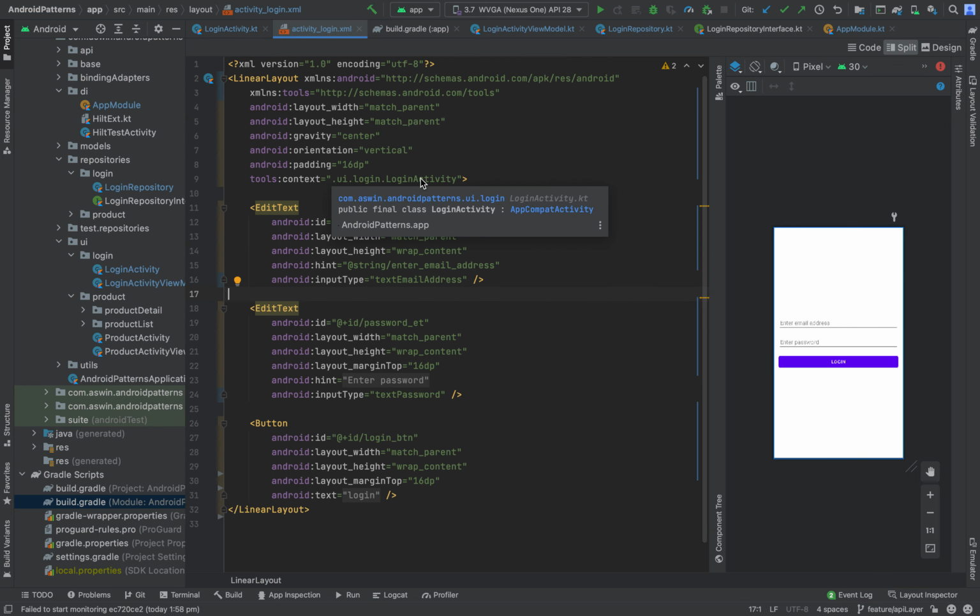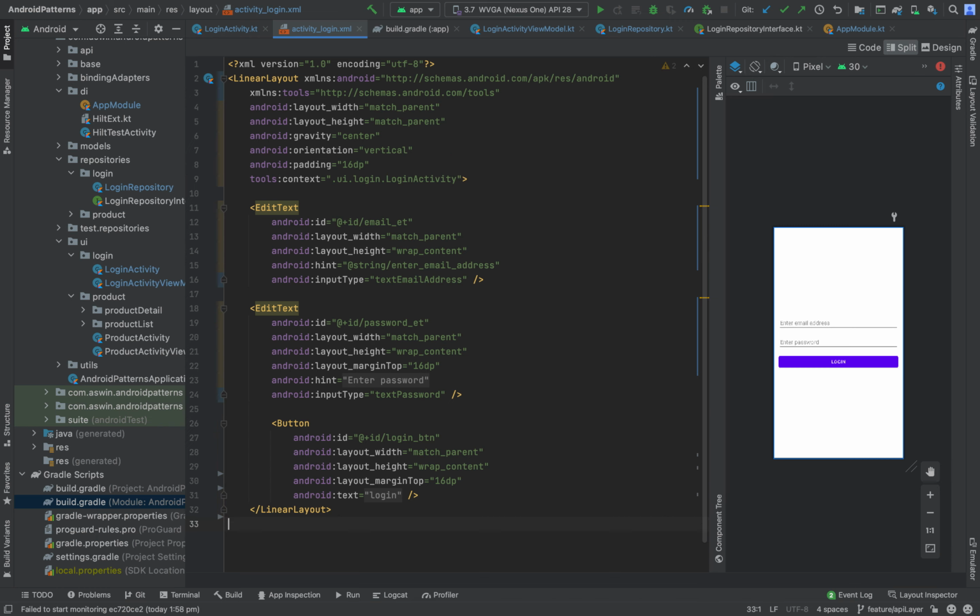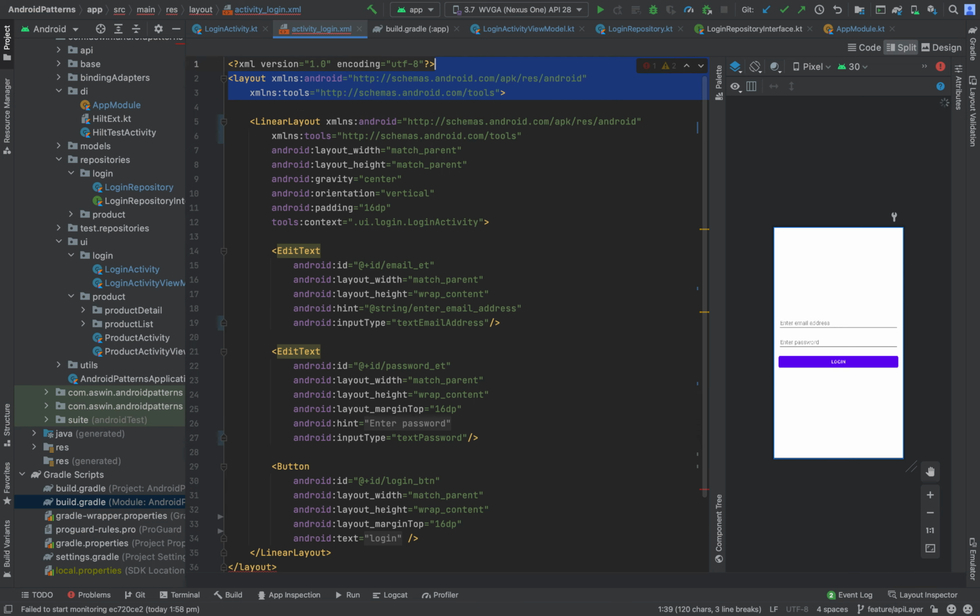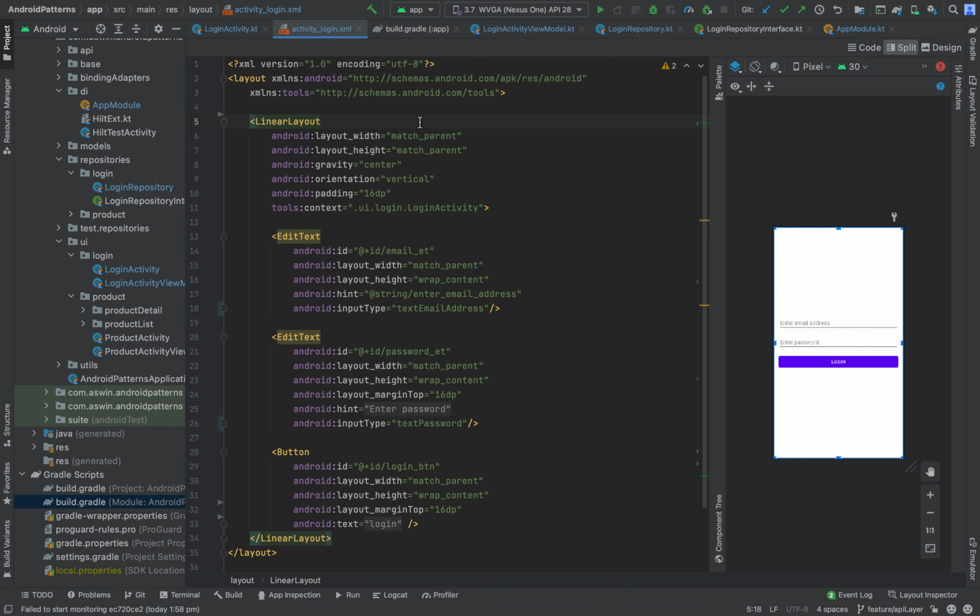For data binding, first we need to set the root layout with layout tag. Next, we need to declare a variable for the view model that we are going to use for this view.